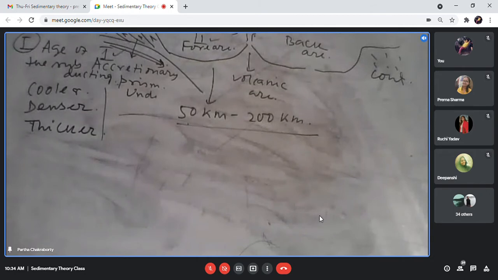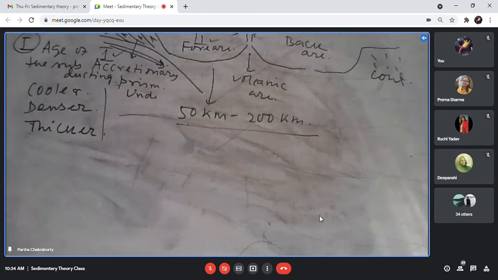Now you tell me why one oceanic plate goes below another oceanic plate? दोनों ही तो oceanic plate है. You got my point? How does one oceanic plate go below another oceanic plate? There are plenty of examples of ocean-ocean subduction. It is only because the side of the oceanic plate which is subducting is more dense and of higher age. So because of its higher density and higher thickness, it tries to sink into the relatively younger overriding plate, which is of younger age and lesser density.